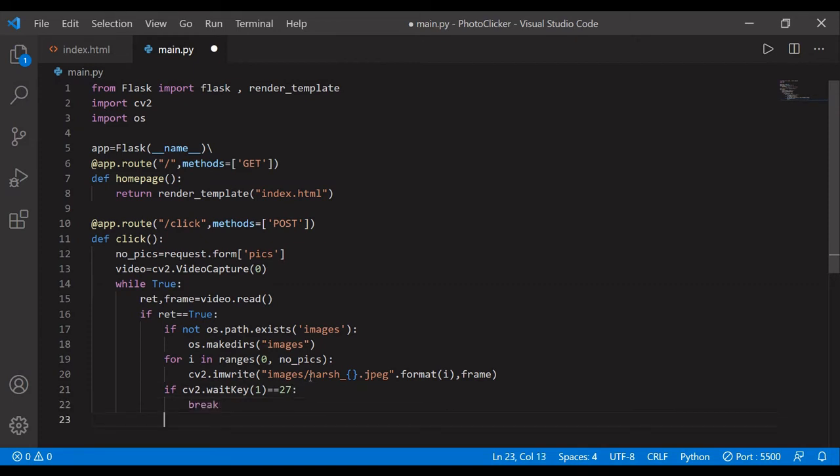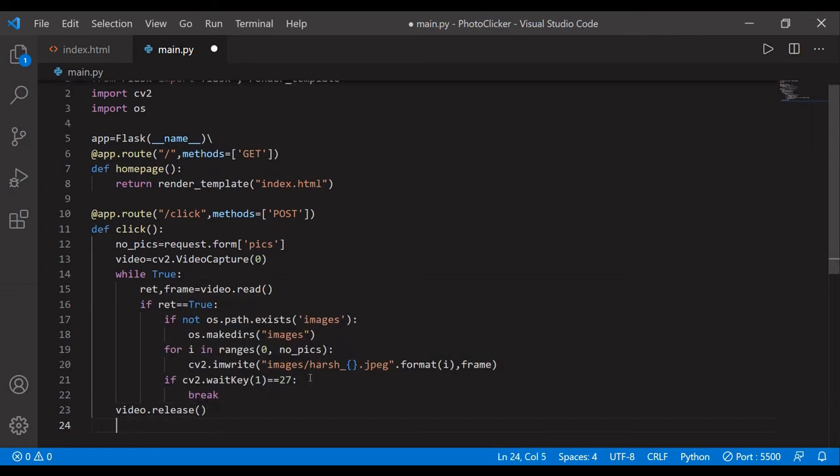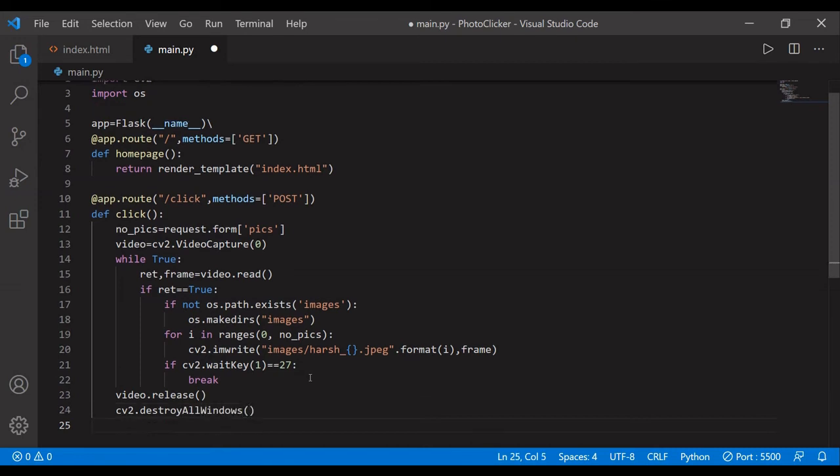After that we simply release our video, and we have to destroy our window. For that we write destroyAllWindows. After that, we have to return our HTML page.